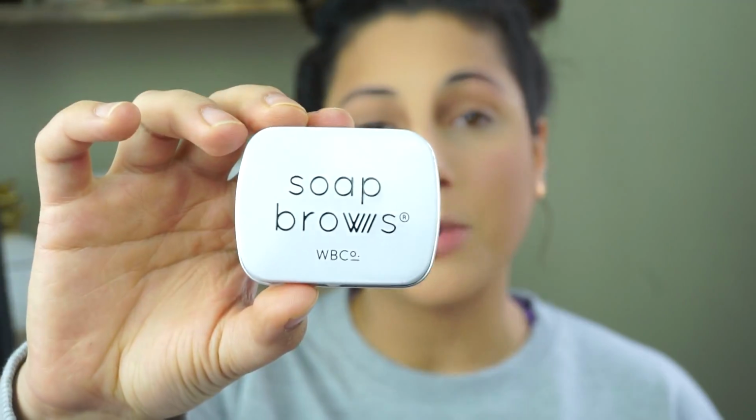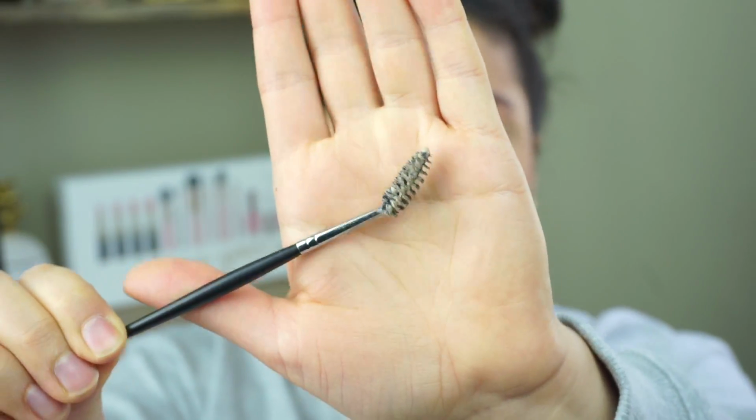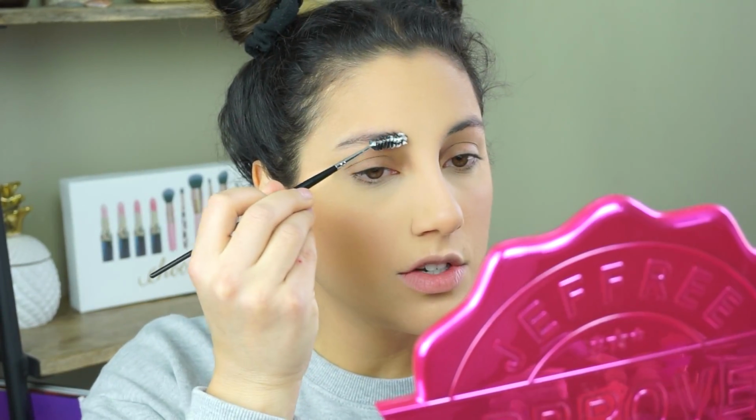So next we're gonna be moving on to brows, and I'm gonna grab my favorite product ever, Soap Brows. You guys wanna see something gross? Look at this spoolie caked on with Soap Brows. We don't know her. Gonna take a clean spoolie, spray a little bit of setting spray into our Soap Brows. So you wanna get the product all up in that spoolie, and then we are just going to comb it